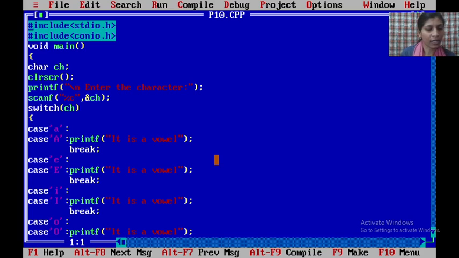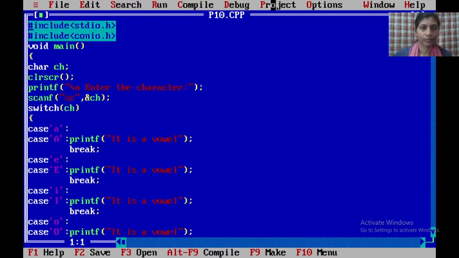If you enter any vowel, see here, I'll enter capital A. Just press Enter. It is a vowel. If you enter capital A or small a, that is a vowel. There are 5 vowels: A, E, I, O, U. If you enter any small or capital letter of A, E, I, O, U, it will display the message, it is a vowel.